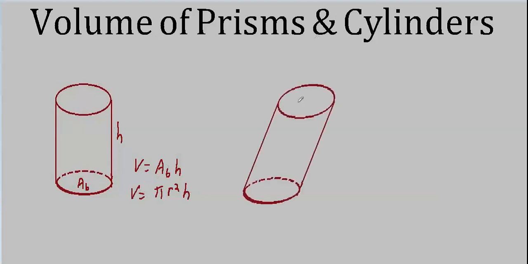Suppose I bent this cylinder over like this. Suppose that h over here is exactly the same as the distance we just drop straight down, this vertical distance to this plane. If this is also h, and if this is also r, the fact that it's slanted doesn't matter. That's kind of weird. It's called Cavalieri's principle.